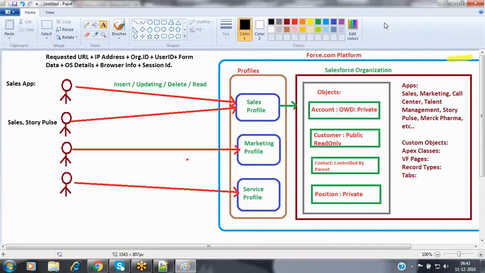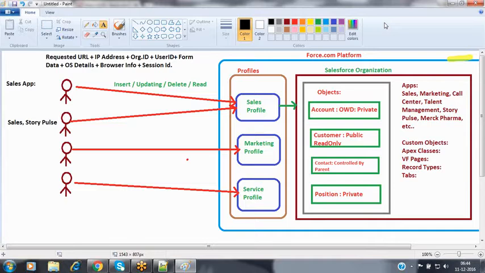Suppose, for example, in future I get a requirement from the customer that he wants me to grant access on another feature as well. These two persons are both sales people, so we have to do the changes in profile 1 and also in profile 2, because both users are assigned two different profiles. At that time, we have to do the changes in multiple profiles. So it is a very risky process for us.